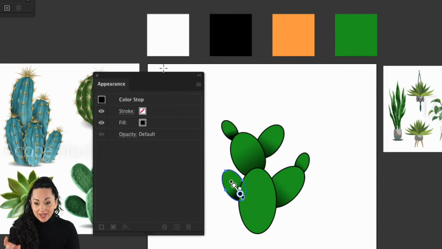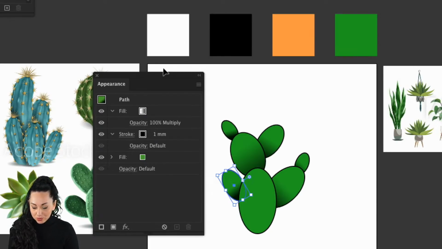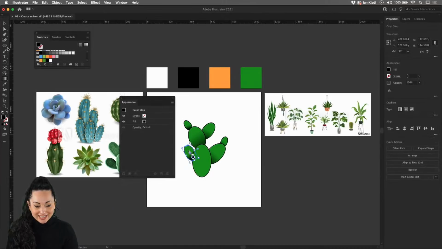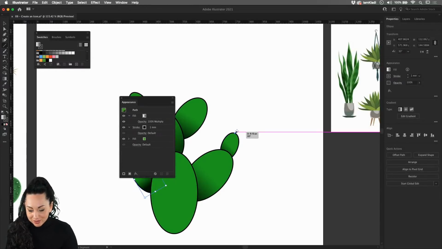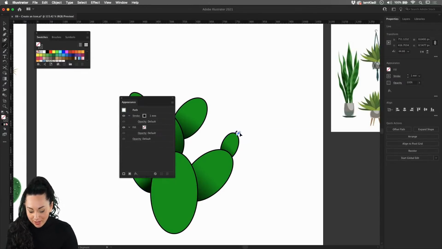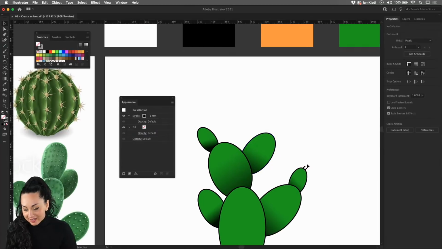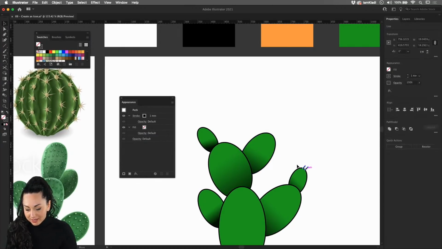And we're pretty much done. Our cacti is already done. All we have to do now is to use the line tool, or called segment tool, which you can find nested under your shapes. Here we go, the line segment tool. And what we're gonna do here is to click and drag, and maybe just create a few little spikes, just like that. And you can distribute them anywhere you want inside your illustration. Of course, you can also flip them so they don't look exactly the same.